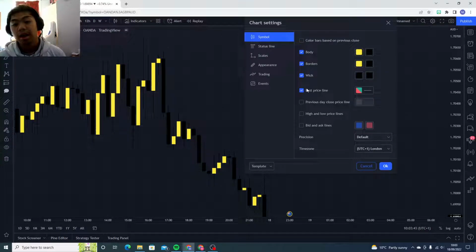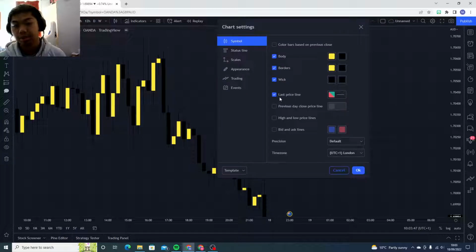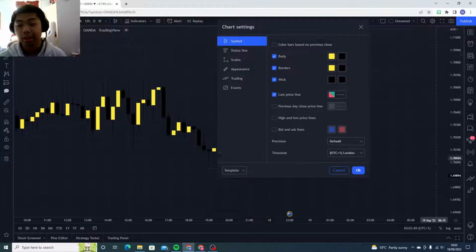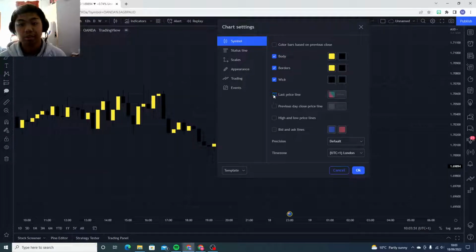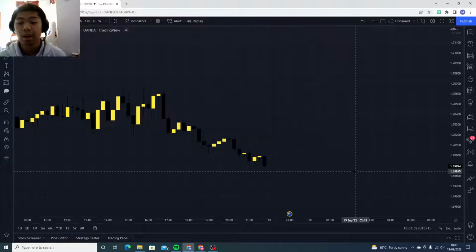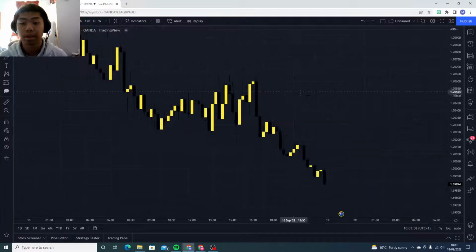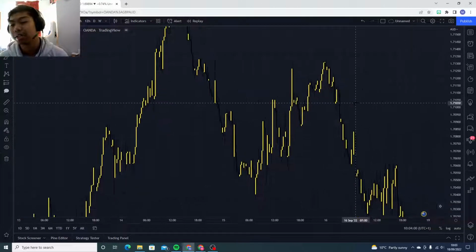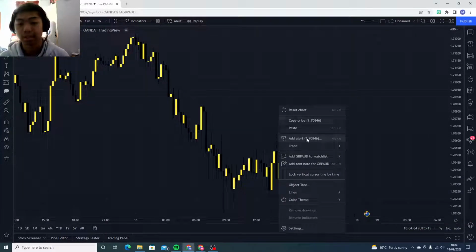The next thing is the last price line. I really don't need that, so I'm just going to take that off there. So there you go. And that's it for the symbols so far. It might be hard to see right now, but the more we get into it, you'll see it's actually easier to see. Okay, so